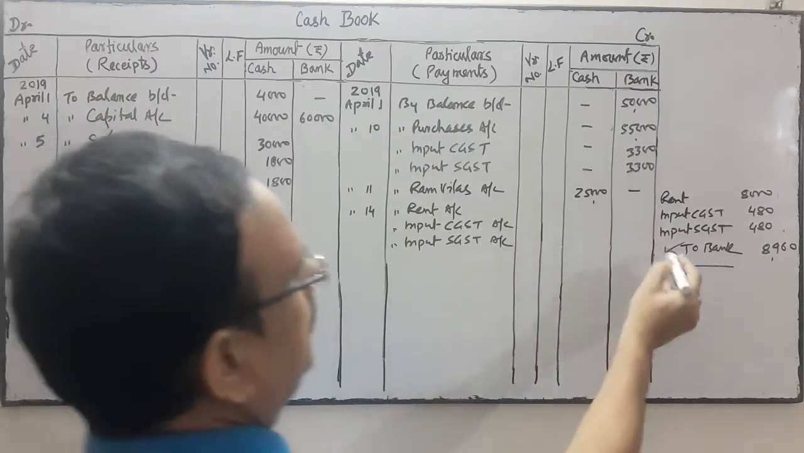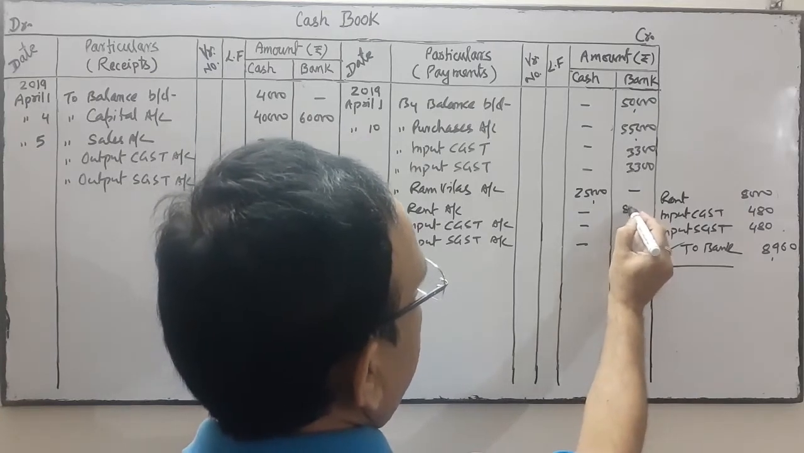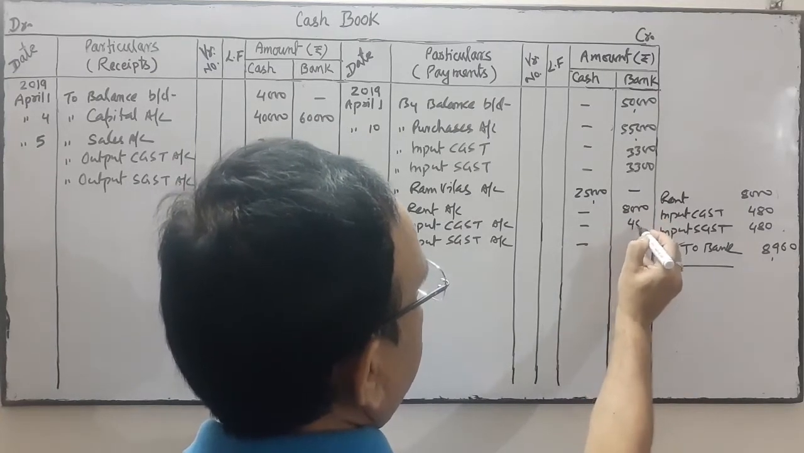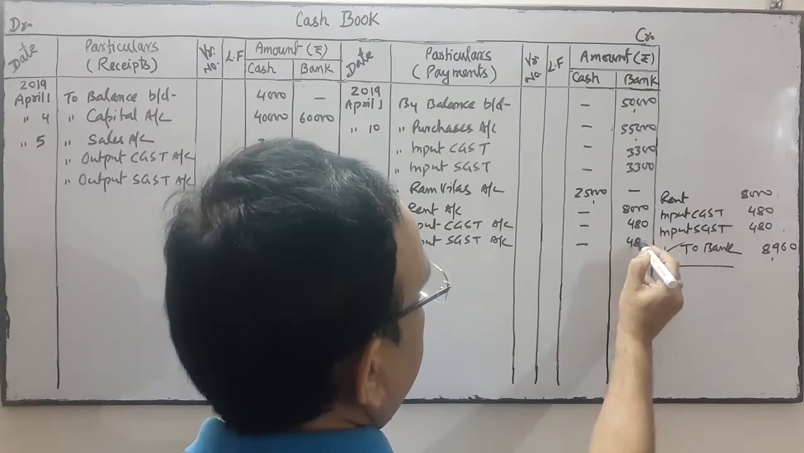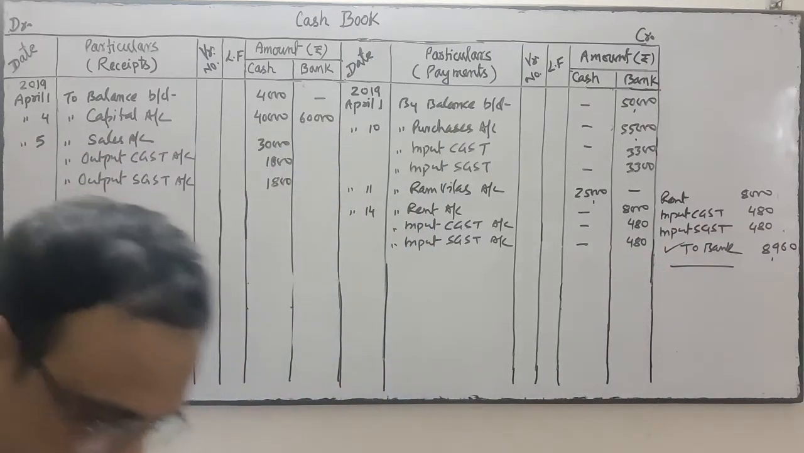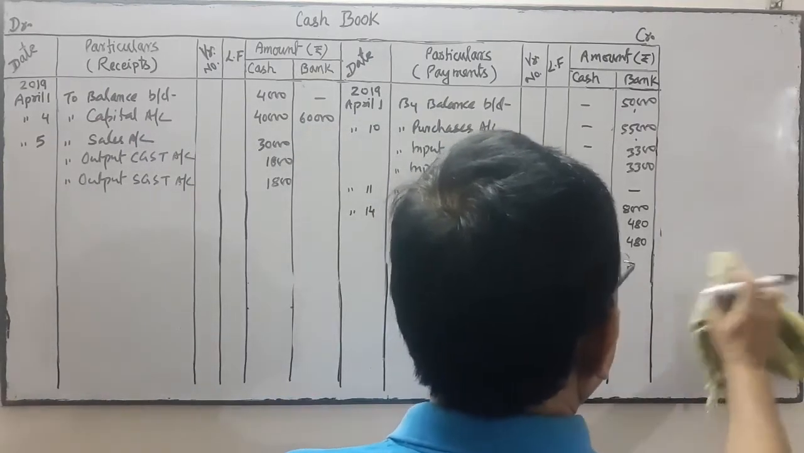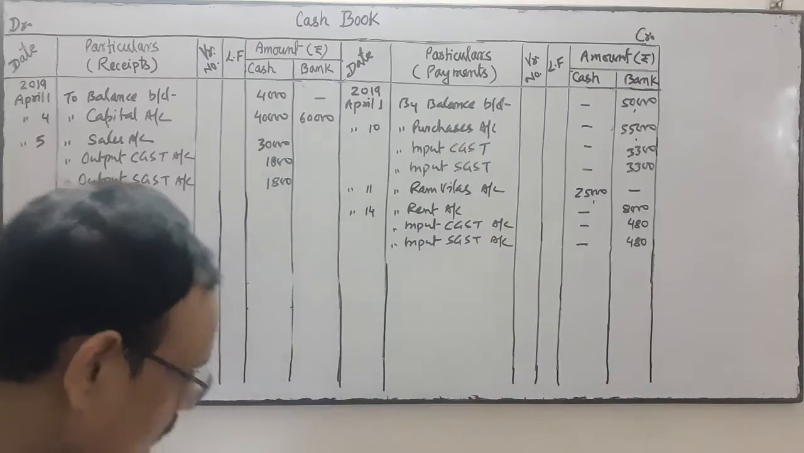So in the bank column we will write this figure 8,000, 480, 480 in the credit side. Okay, credit side of bank account. Okay, next is